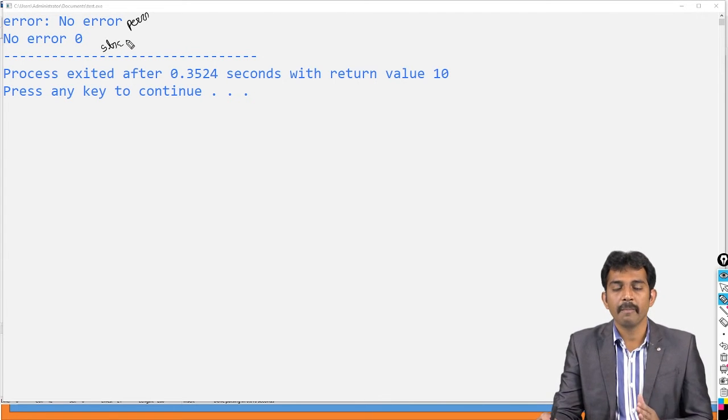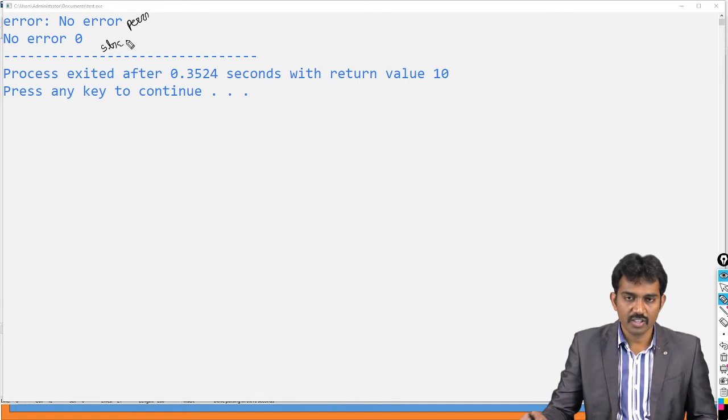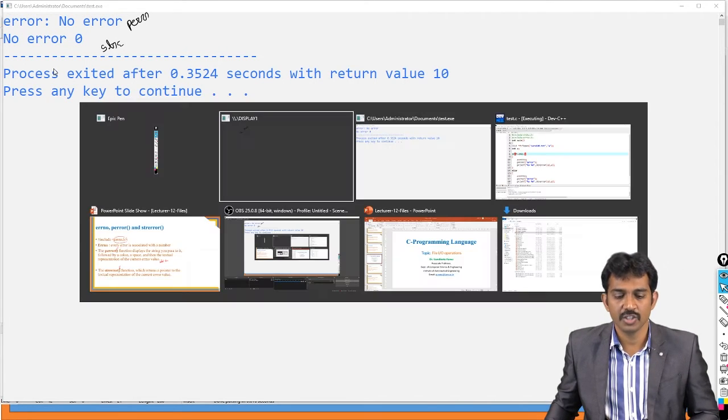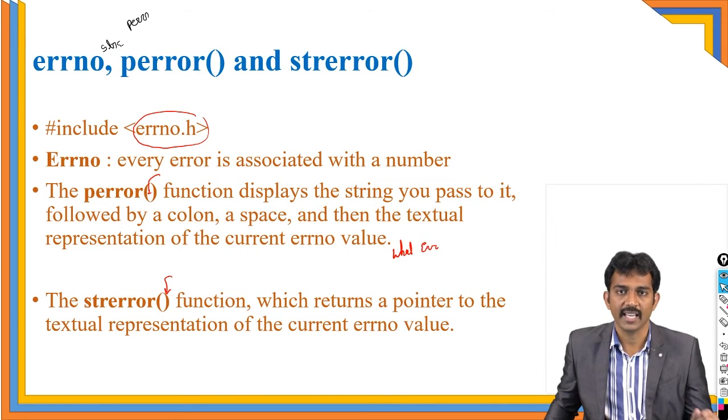By using this method, we are going to find out what kind of error it is going to generate. But there is no methodology to handle such kinds of errors. You have to handle them by using if statements only. You don't have any special mechanisms. Is this clear? So these are the logical kinds of exceptions. Simply, the file does not exist, right? It's a kind of exception, as it is normally called in Java, but there is no such mechanism available in the C language.